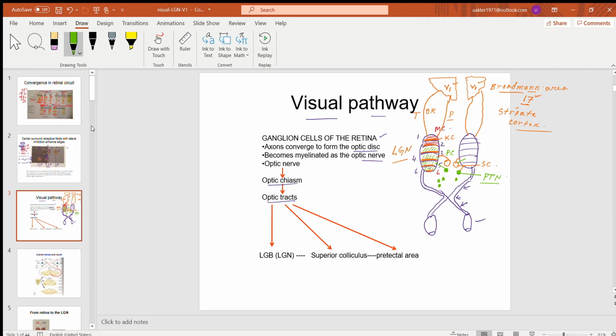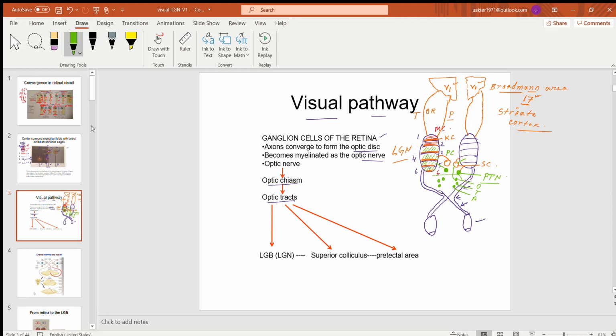Those cranial nerves control the extrinsic eye muscles. So this is the oculomotor nucleus, trochlear nucleus, and abducens. So oculomotor, trochlear, abducens. Okay, and they are present in the brainstem,